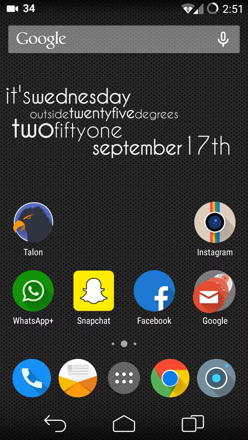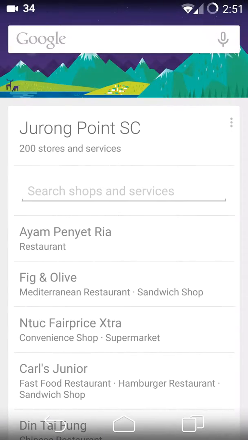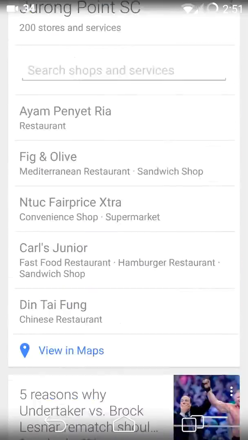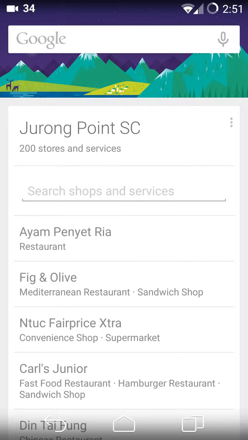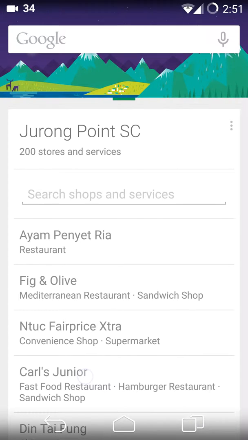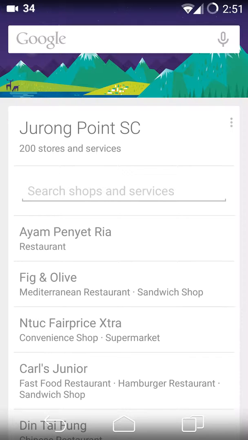The good thing about this is when you swipe to the right, you get access to Google Now cards. Now, all this information is shown based on your location data, based on your traveling habits, etc. If you are near a bus stop, it will show bus stop timings. If you have a scheduled appointment that you need to be at a certain place, it will show you how long you will take to travel, which route is preferred, depending on whether you drive or use public transport, how long you will take to reach there, and if you are late, it will prompt you to leave your house